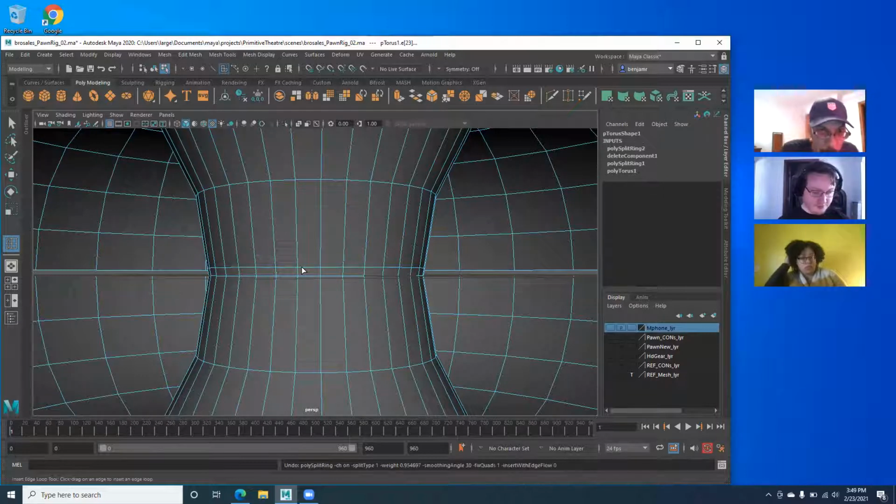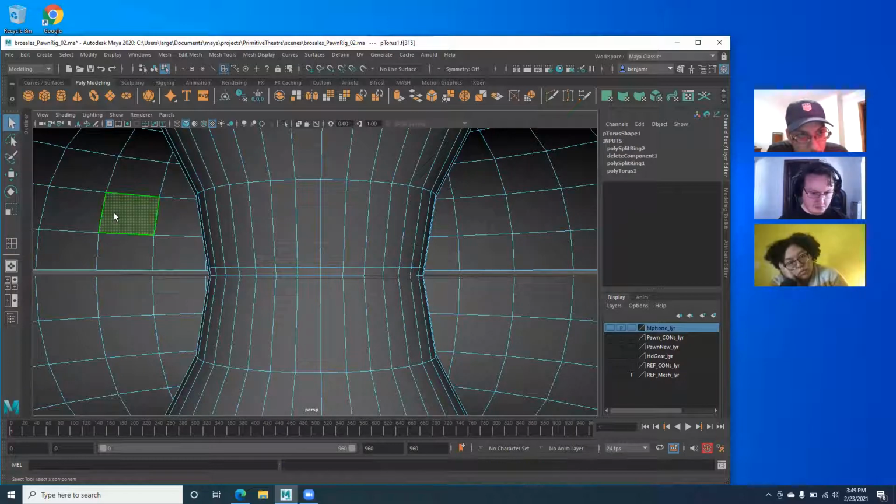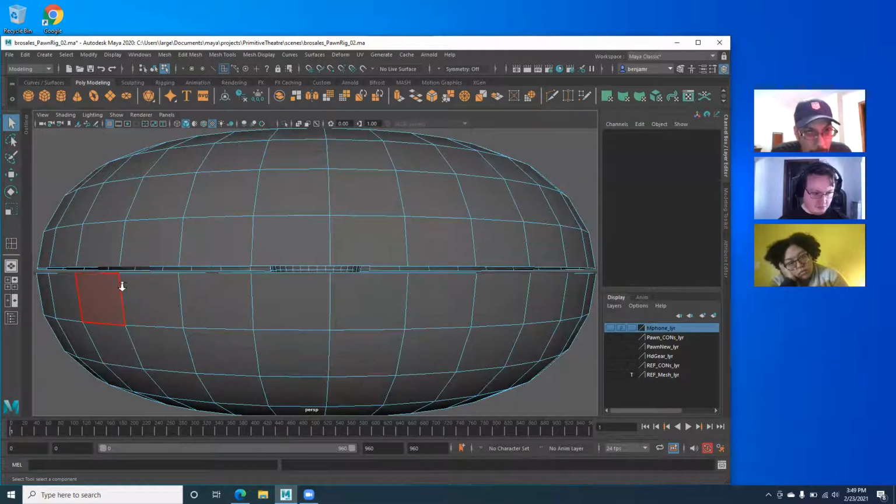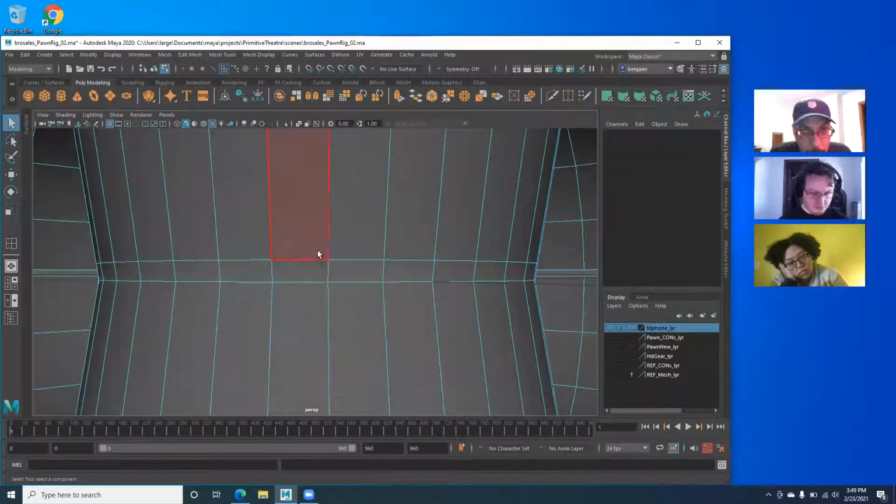Oops, hit Z. So that is probably one of the reasons a lot of students have issues with modeling: they think they're out of a command. I just thought I was done with the edge loop command and I clicked, but I wasn't. So to get out of a command, you have to use the select button and then just select hopefully nothing. It's probably easier to select nothing. And now I'm out of the command